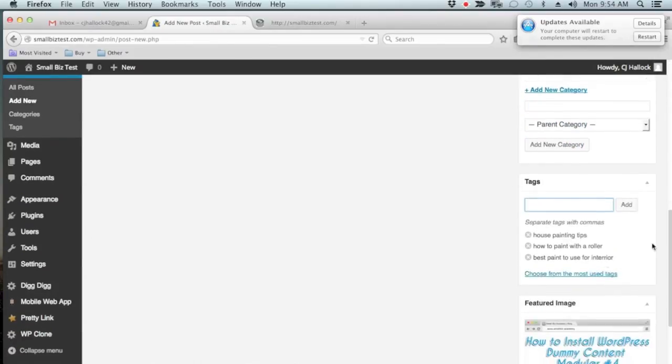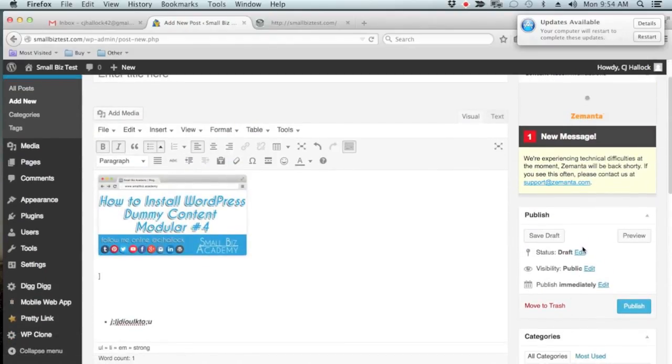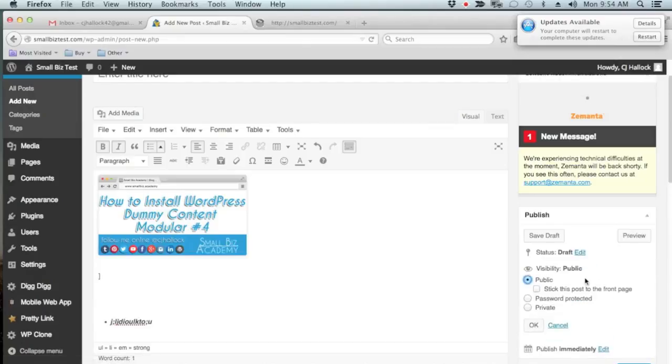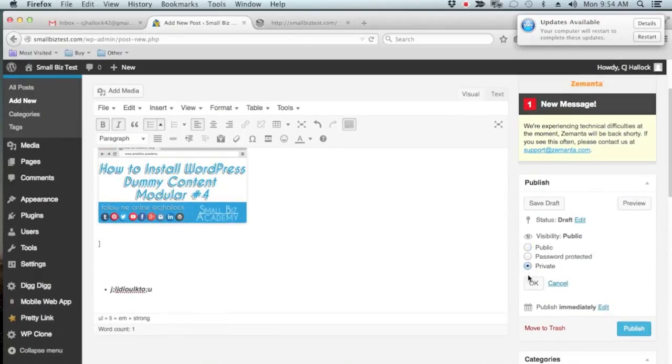So that being said, that's tags, that's your featured image, and then you have basically put three very important pieces right here. You have your status, which is where you can decide if you want it pending review or draft. Because it's only you working on this right now, draft is fine. Visibility,